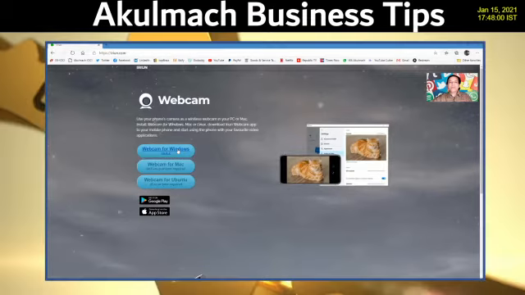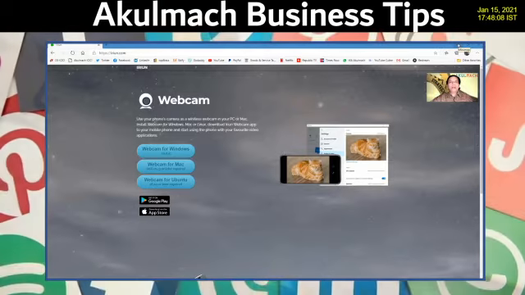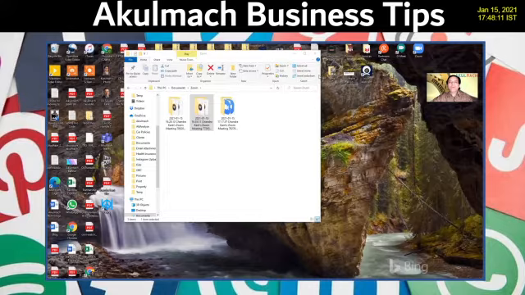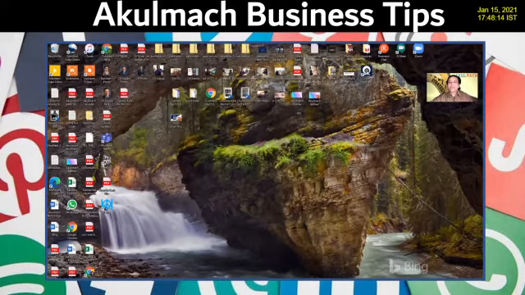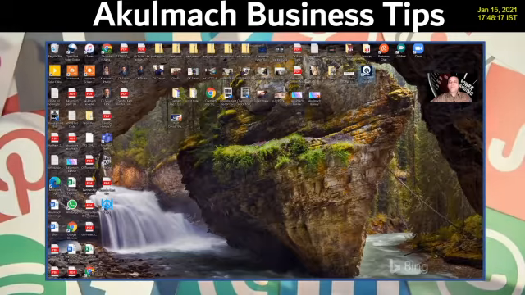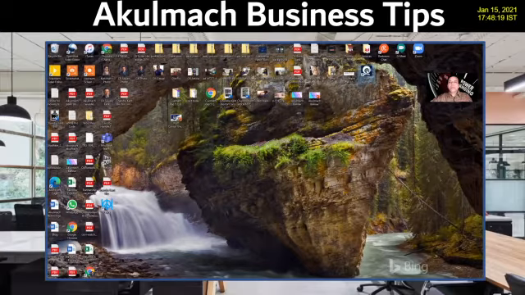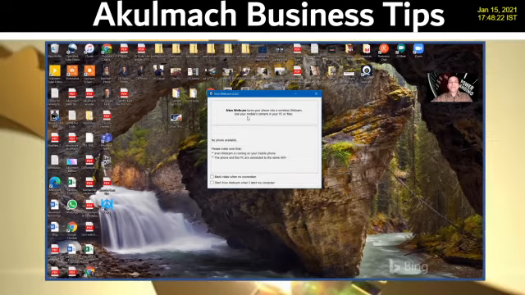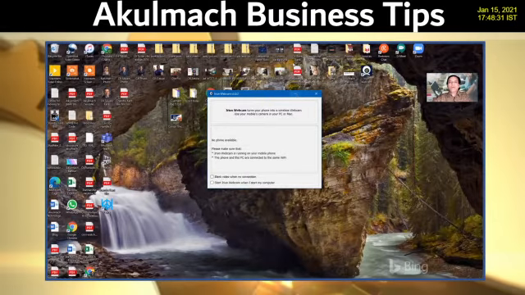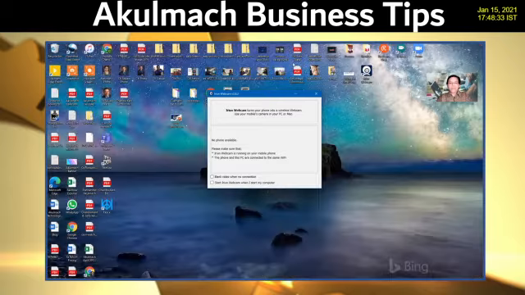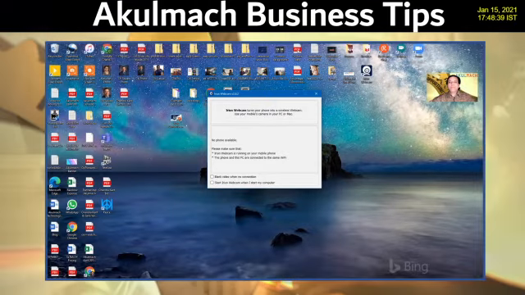After the agreement has been accepted, it will create a small icon on your desktop. The installation is very simple and will hardly take 1 minute. Once the installation is completed, you will see this icon here. When you double click on this icon, it will pop up a warning message saying that it is not able to detect the mobile phone. So I think one part of the activity has been done. Now let's look at how we put the other client side application on our mobile.